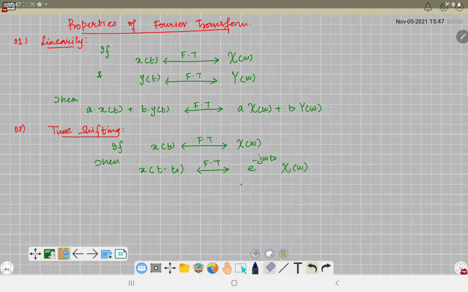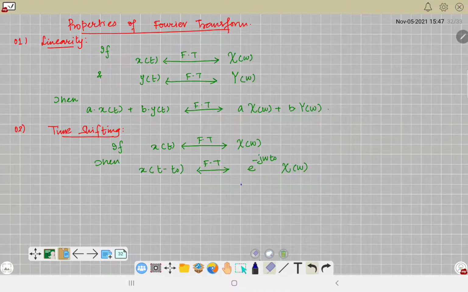Welcome back. So in this video we'll be discussing the properties of Fourier transform. We'll start with the first one, linearity property. It's exactly the same one as we had in the Fourier series, except that the fundamental difference, Fourier series